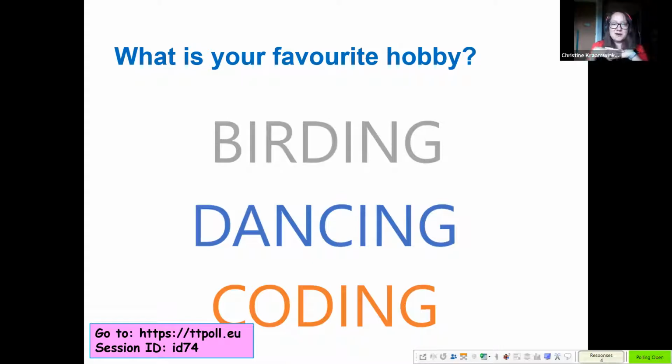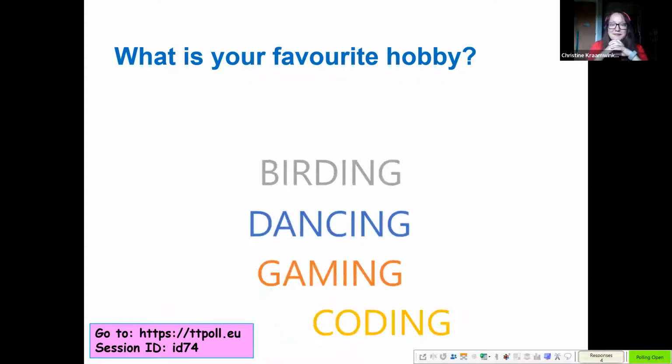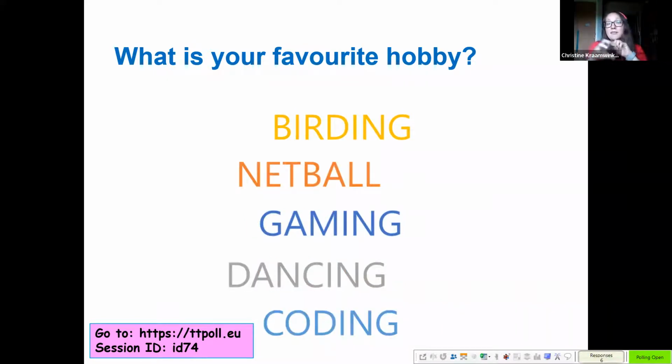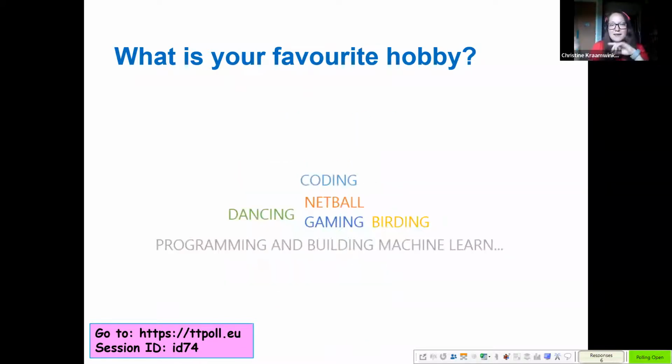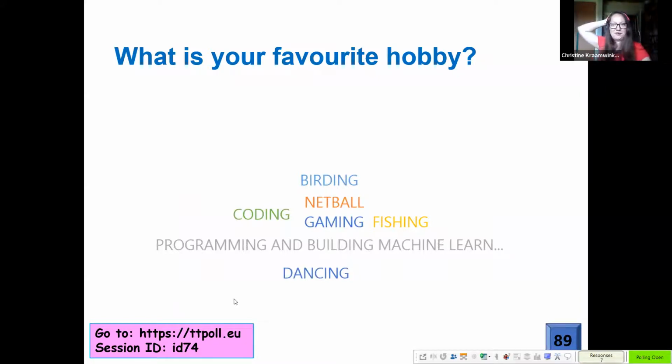So I see we have a dancer, we have a birder. The whole idea behind a word cloud is the more people say a certain thing, the bigger that word will become in the cloud, and the things that are said very seldom will be smaller. At the moment, it seems like we're pretty even on this one. We have a timer, which I forgot to start, but there we go. So we can see where we end up with this. And if you change your mind, you can always type something else, and it will replace your answer.